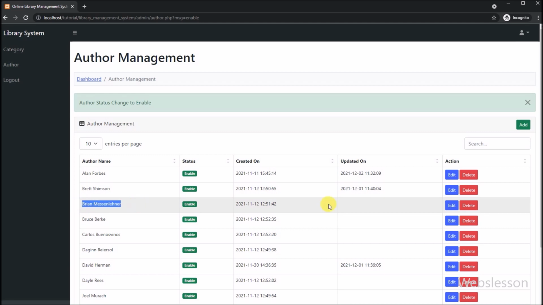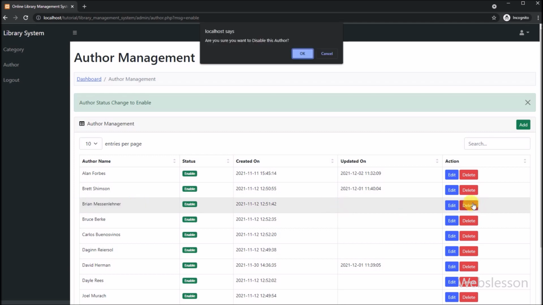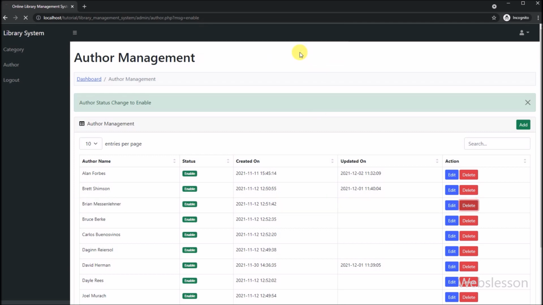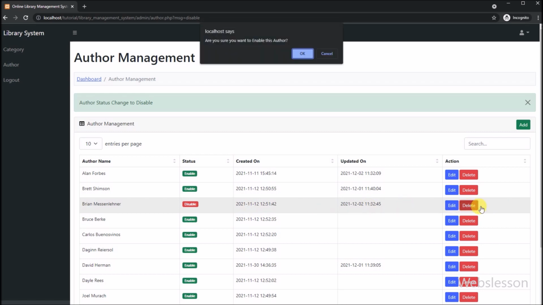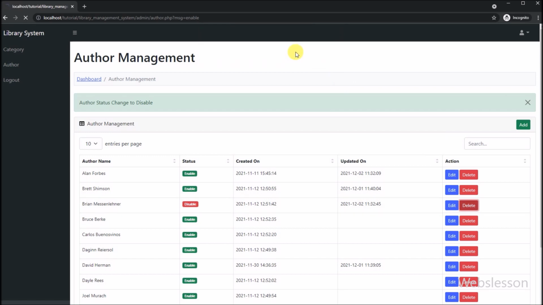Here we have to use soft delete operation for delete or remove author under this library system. This is because it is master data, and if it is deleted from database, then other child data will also be affected. So for this here we have to use soft delete for delete author, and in future, we can again use the same author by simply enabling the status of author.